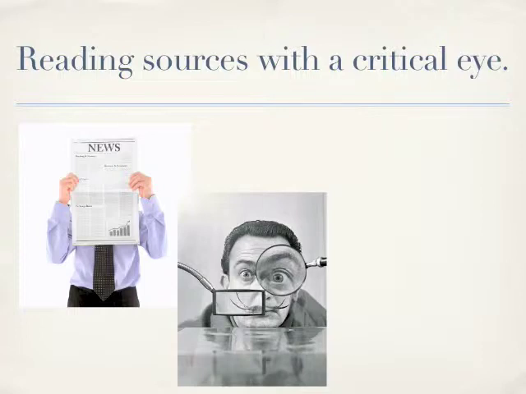Okay, finally, we want to talk real quick about reading sources with a critical eye. This is just a good practice to get in. In this case, we've already hit on some of these ideas in your last unit where we had to analyze text and decide how effective the arguments are. But a first thing to consider would be, what arguments is the author making? Do they present a number of different positions, or do they just argue for one particular position? Again, it's always good to present as well balanced a view as you possibly can when making a persuasive case.